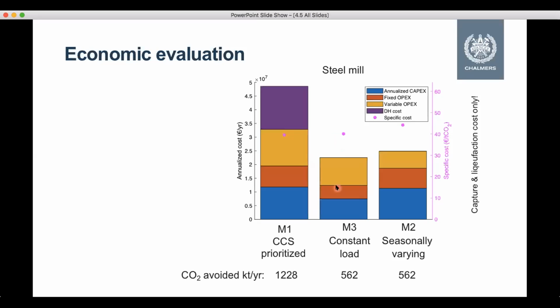And the main reason for that is because you would expect a scaling effect, right? Because you have a lot more CO2 avoided here than in these two cases. You would expect these dots to be a lot higher. And the only reason why they're not higher is because you have a loss in revenue from district heating supply. Because here you're not able to supply your district heating anymore, and that is quite costly. So that is one takeaway of the slide, that the loss in revenue is quite substantial.